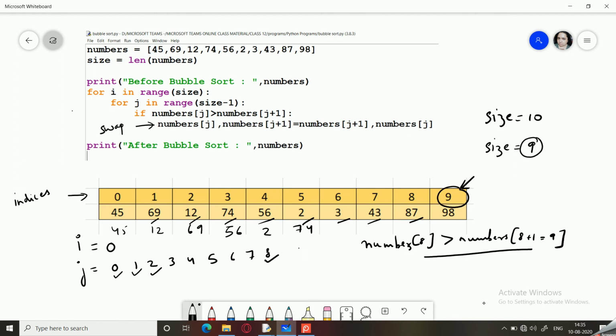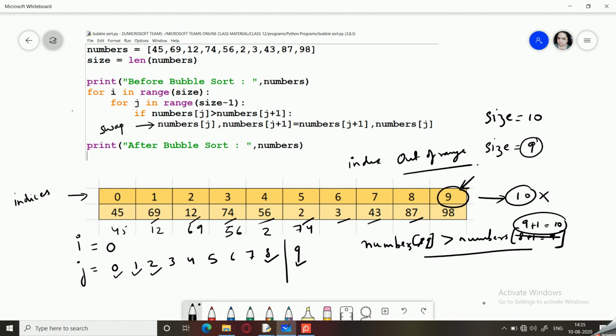So once it reached 9, it would have been numbers[9] greater than numbers[10], and we don't have anything with the index 10, so it would have given us an index out of range error. So that is why size minus 1 is important.